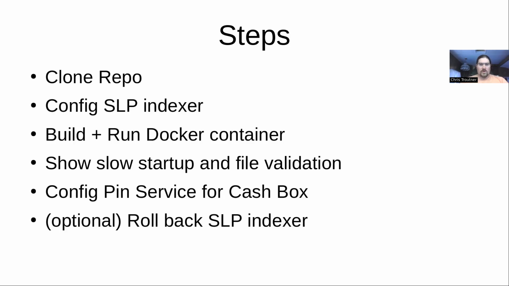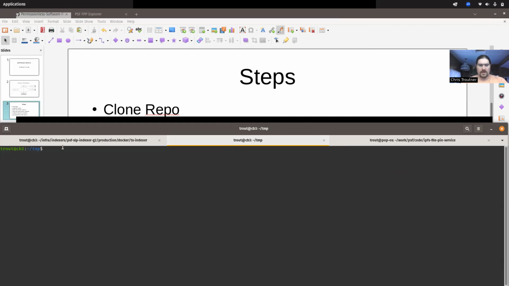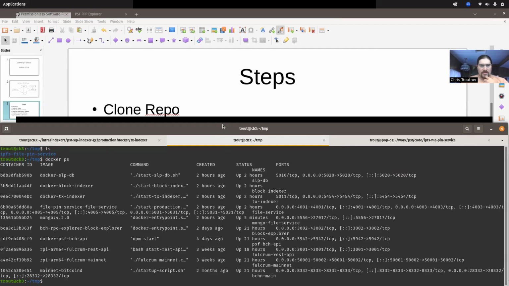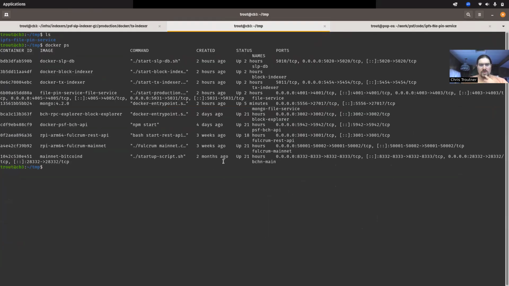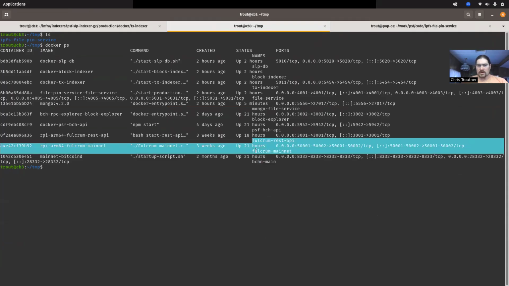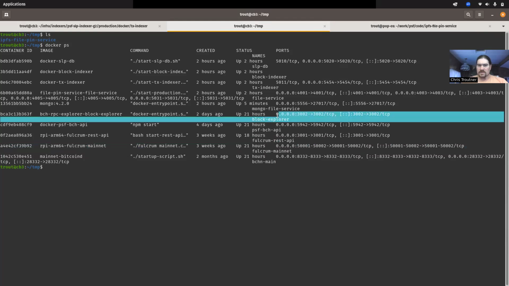So I've got a terminal set up here. I'm logged into my cache box, which is CB3 right now. I created a temporary directory. I've got my cache stack running here, as in previous videos. I'm just going to expand that. So we've got BCH main, that's the full node. We've got these two Docker containers that make up the Fulcrum indexer. And then we've got these,